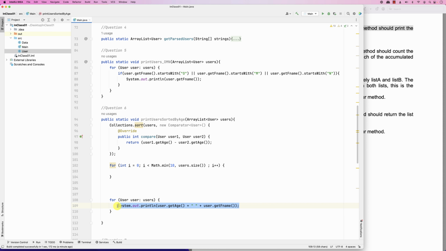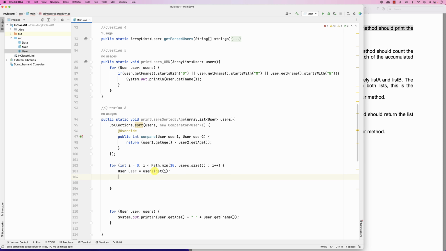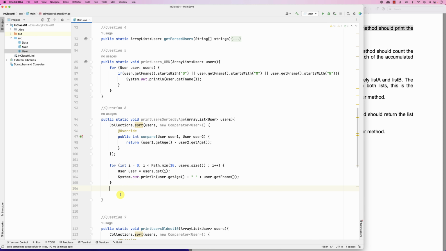Okay, so we'll copy now. Now we want to get the user. I don't have an iterator here, so I'll do user equals users.get(i), right? That's the user, and then I'm going to just print the user name and age like this. And I'm not going to use this for. And here we are printing. If we run this,